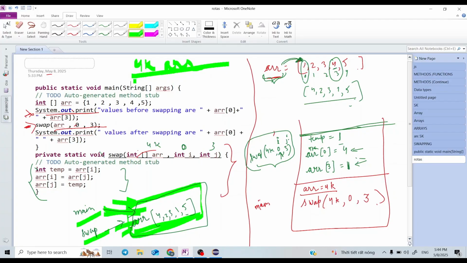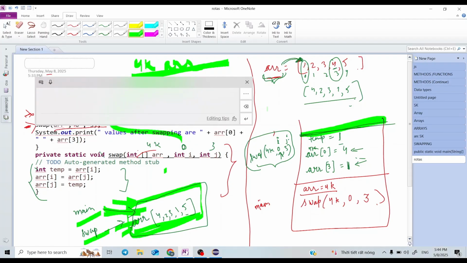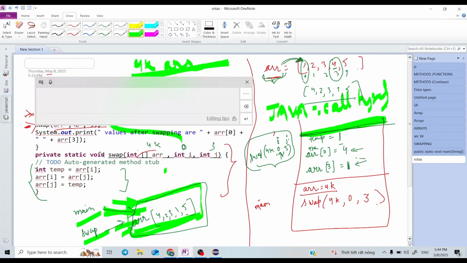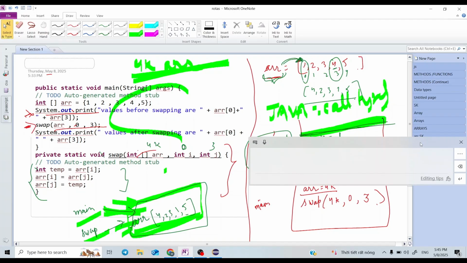That's why the changes are visible in the whole program. This is why we say that in Java there is call by value and not call by reference. Call by value and call by reference we will see in the next video. For now, hope you guys are able to understand this concept, that is how swapping is possible inside Java.